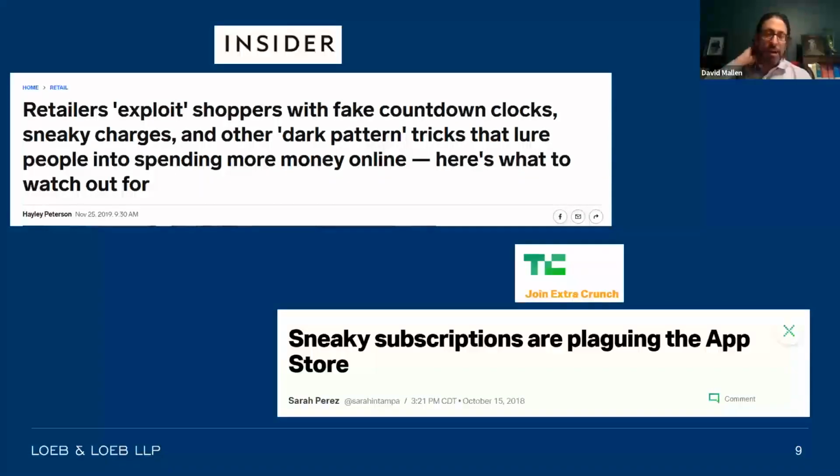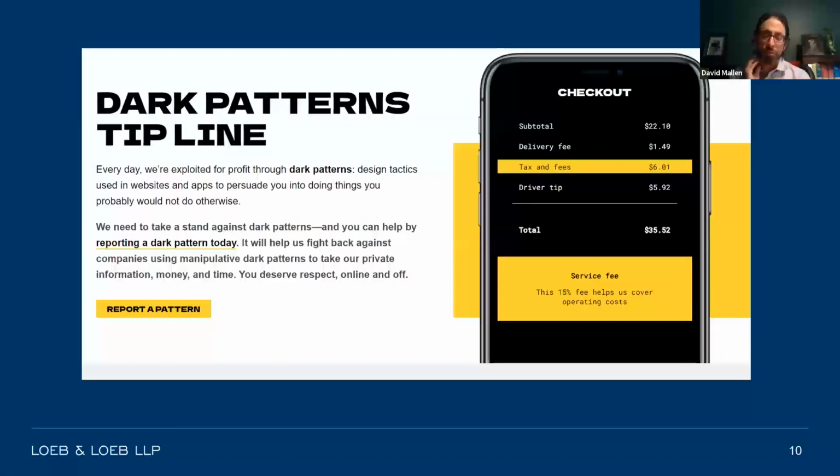And if we can go on to the next slide, part of it, of course, comes from the Federal Trade Commission, but there's just been a lot of exposure in terms of sneaky charges and tricks, particularly when we're talking about very small screens and mobile devices and phones. So one of the behaviors is what we'll call sneaking. This is an example right here, Dark Patterns Tip Line, where you're checking out and suddenly an extra tip or service charge is sprung upon you. This is actually a double entendre, a play on words. This is an organization that wants people to report instances of dark patterns to them.